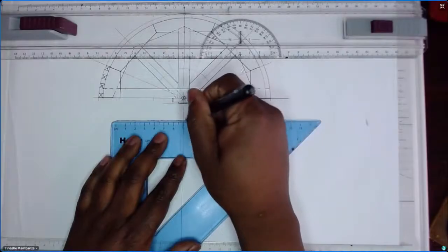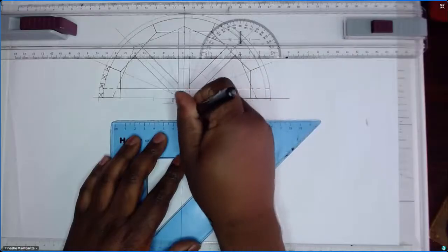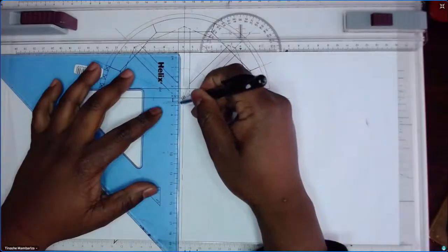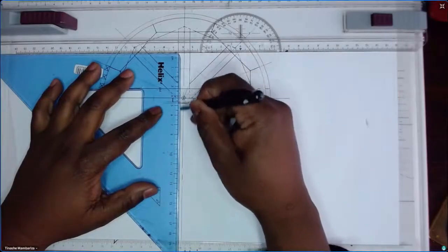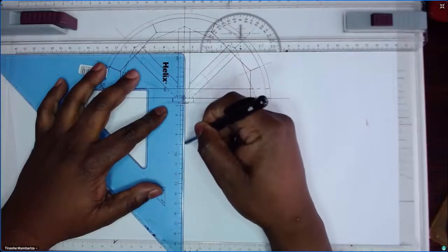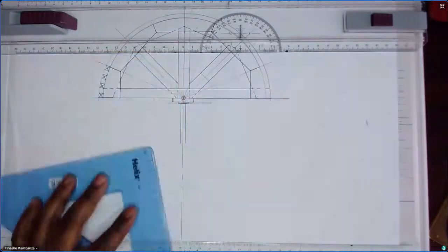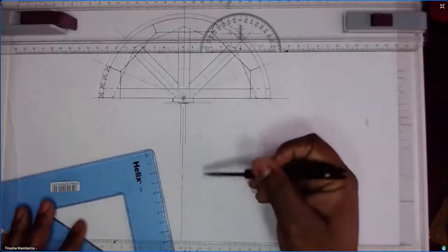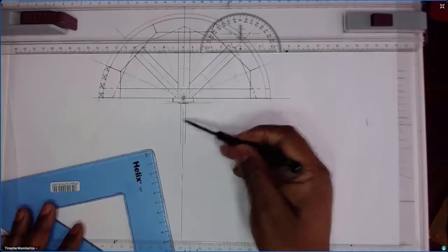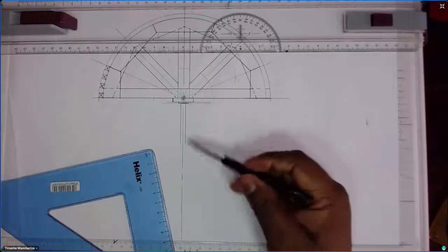So it's about 2.5 millimeters here and 2.5 millimeters on the other side. So you then draw a vertical line there and another vertical line here. Alright, so this is going to be representing the telescopic pipe. Then that telescopic pipe is going to be having holes, and those holes which go through